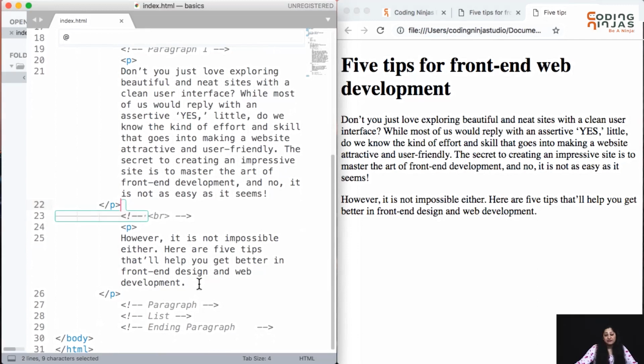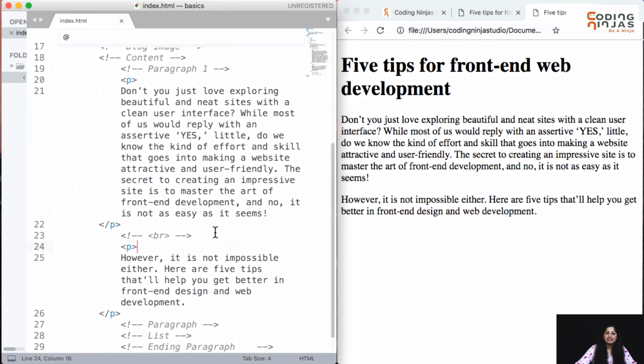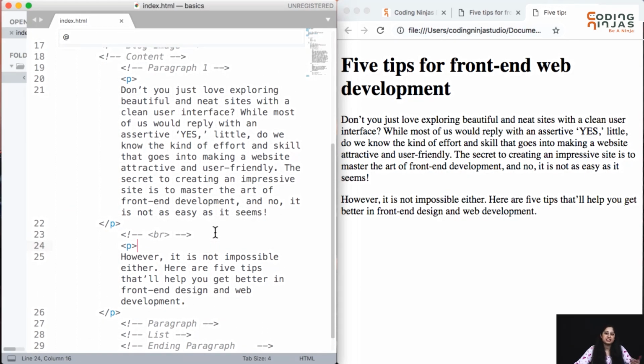Now HTML doesn't recognize multiple enters in the source code. Even though we have multiple enters in the source code, they will not show up on the web page. Similarly, HTML doesn't recognize multiple spaces in the source code. For example, let's focus on "don't you", there are two words, don't and you.